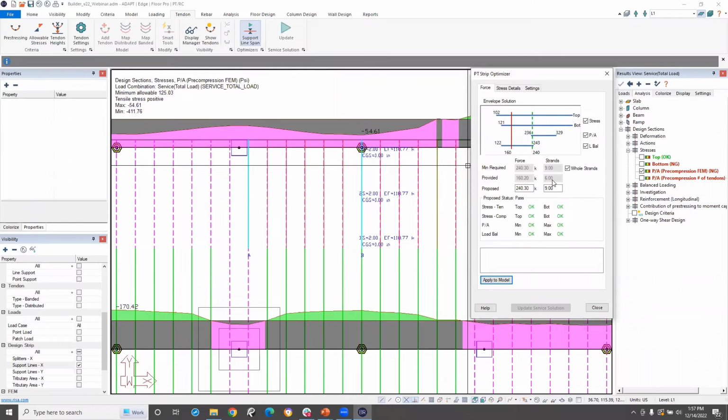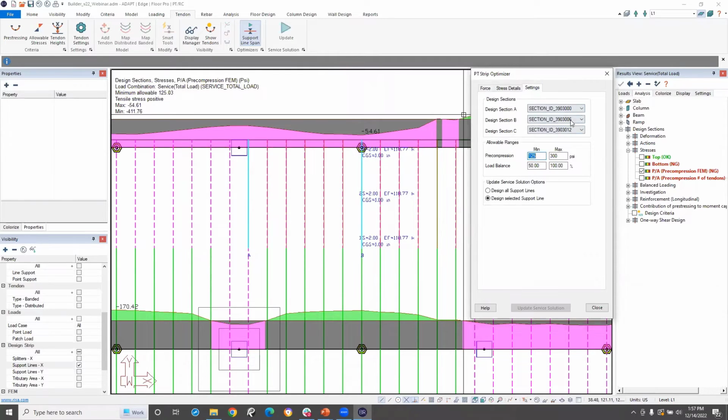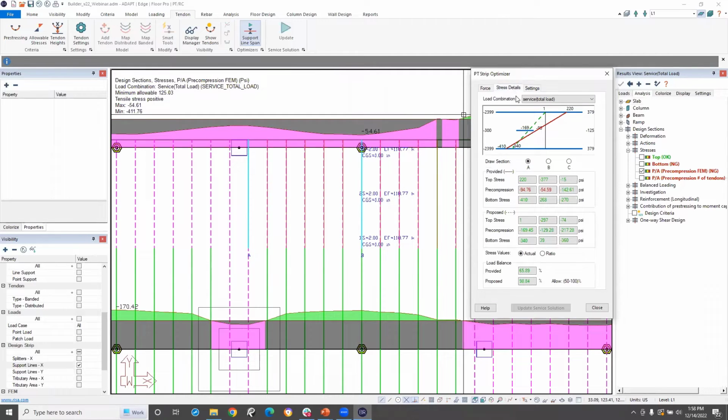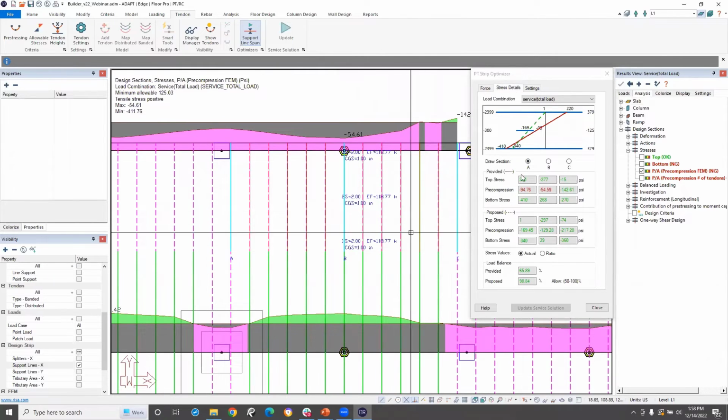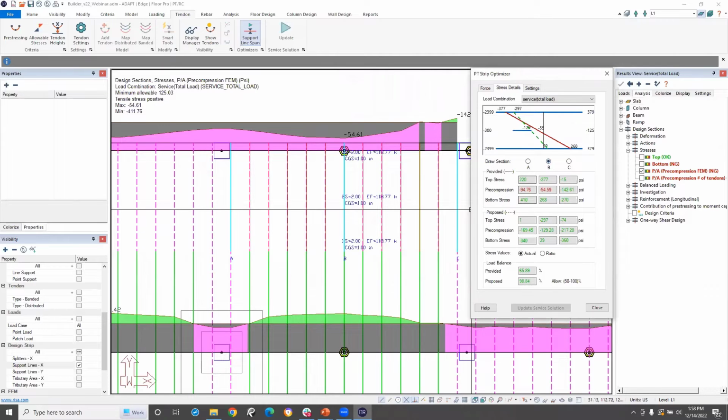Well, let's go ahead and actually start implementing these changes. Now, it just so happens that this section cut is occurring at my lowest pre-compression point. If it wasn't, I could jump into the settings and move these sections as needed. Furthermore, I can jump into the details of each section, A, B, and C, if I wanted to. So in this case, we're looking at section B, so I'll switch to it. And we can see, with a little bit of rounding, the program is seeing